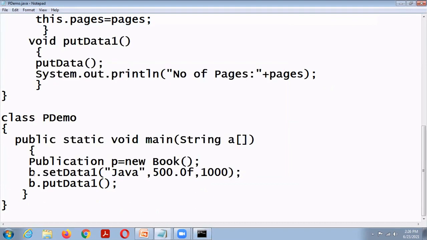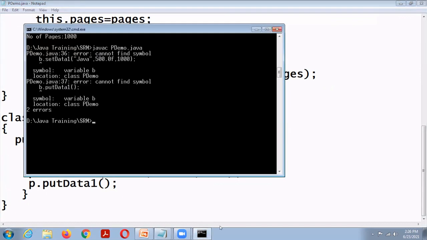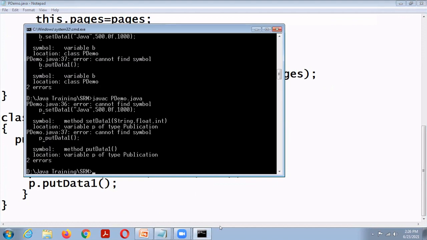Sorry, here P, here also P. So cannot find symbol method setData1, and method putData1. So here the error is cannot find symbol, at line number 36 and 37.